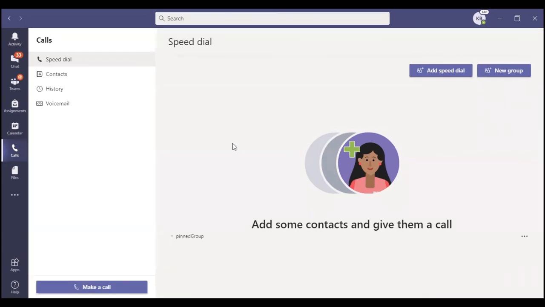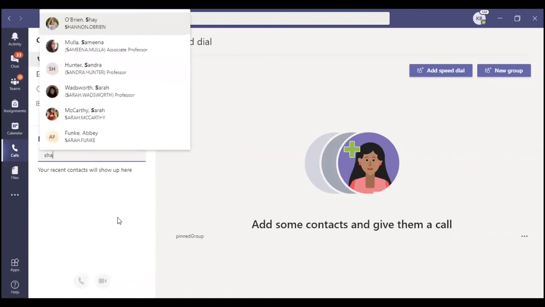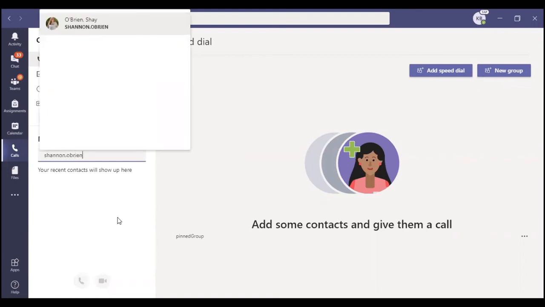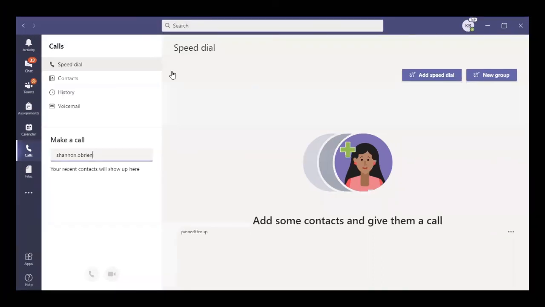To make a call within Teams, first select the purple Make a Call button located here. Next, type in the Marquette email address of the individual you'd like to call. You can either call them using only audio by selecting this button right here, which looks like a phone, or via a video call using this button right here. If you have called people before through Teams, or if they have called you, they will be located in your